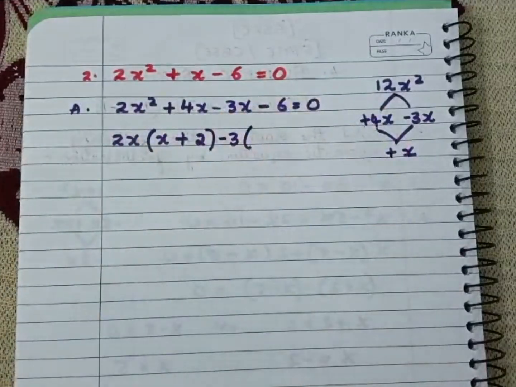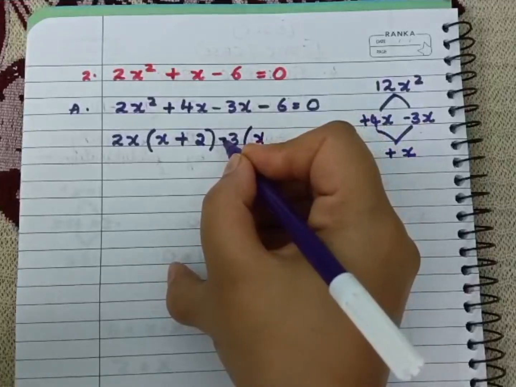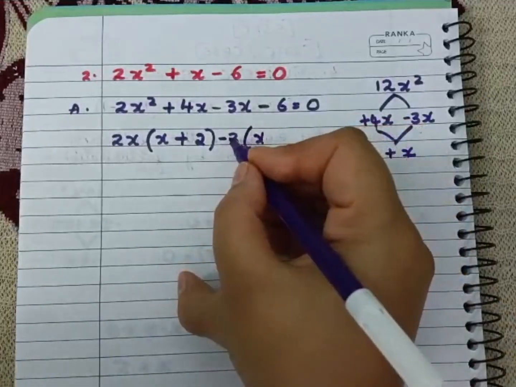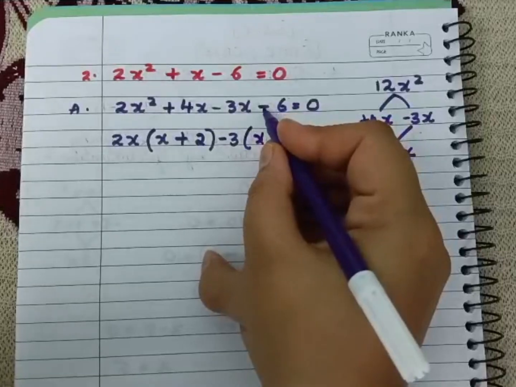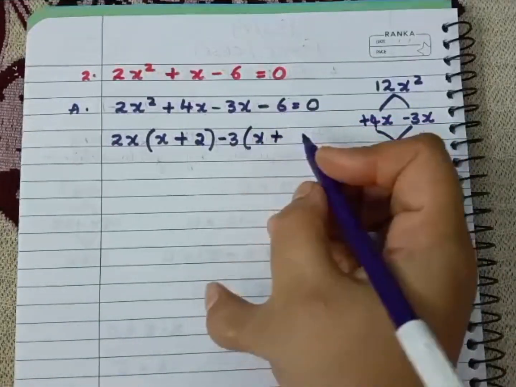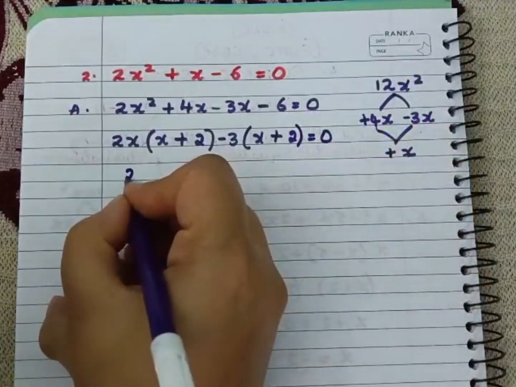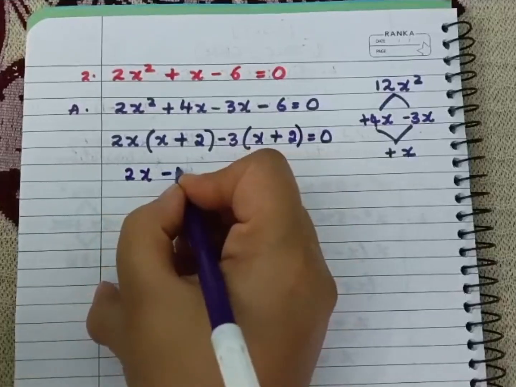How am I going to get 3x? 3 into x is 3x. Now, minus I have written here. Minus into plus, we get minus over here. So how am I going to get 6 over here? 3 2s are 6. Now 2x minus 3